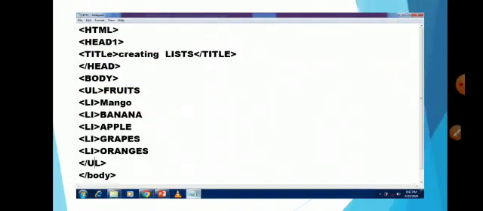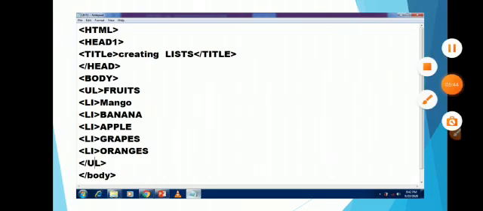Okay, now we will see UL. UL means unordered list. Okay, so HTML, head, title, head close, title close, body tag, UL. In UL I have written fruits, means unordered list fruits.